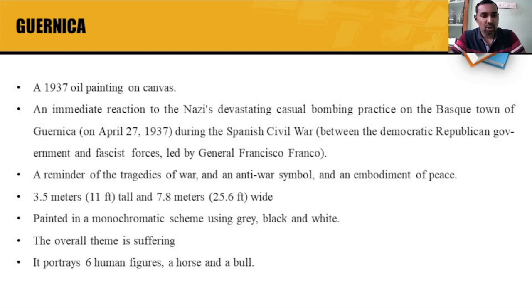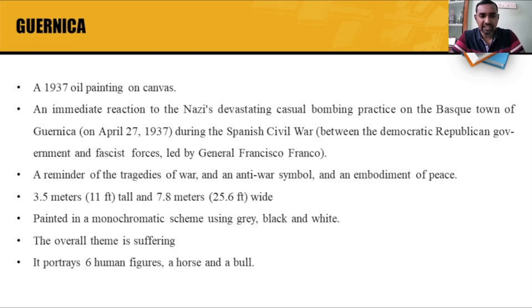Picasso's painting is based on the events of April 27, 1937, when Hitler's powerful German Air Force, acting in support of Francisco Franco, bombed the village of Guernica in northern Spain. We understand the intensity of the bombing when we come across the fact that the bombing happened for more than 3 hours and 25 bombers dropped 100,000 pounds of explosives on the village, reducing it to rubble and affecting almost one third of the population.